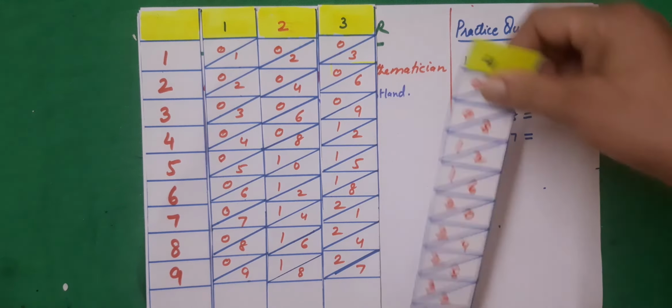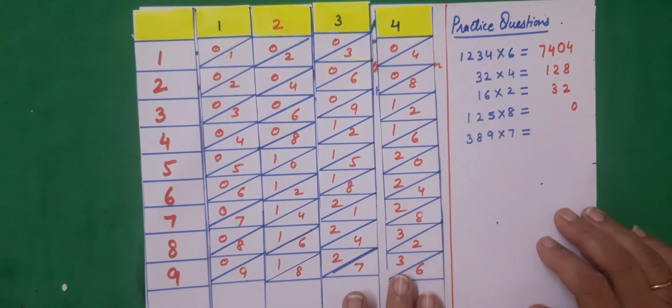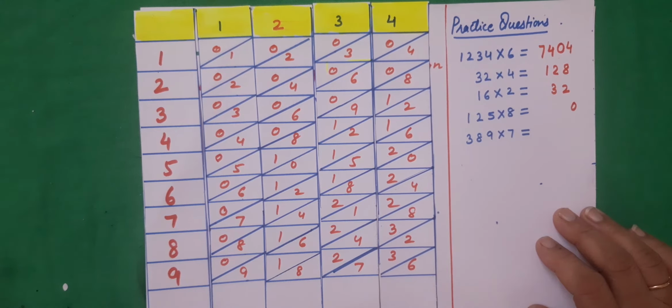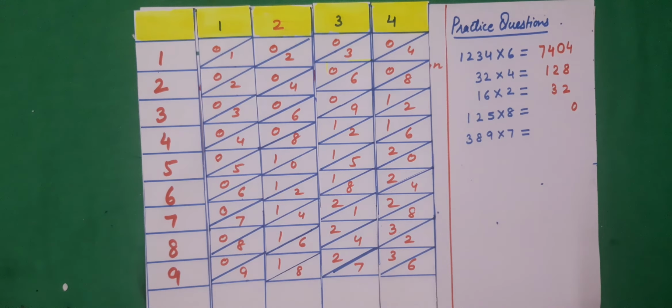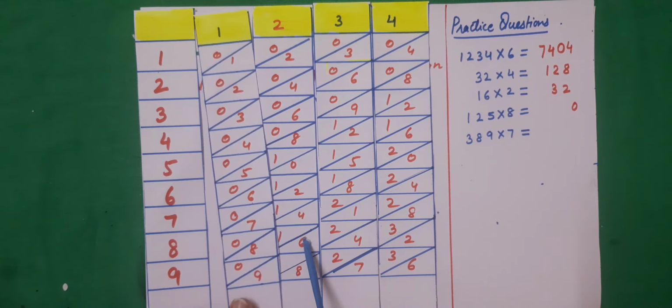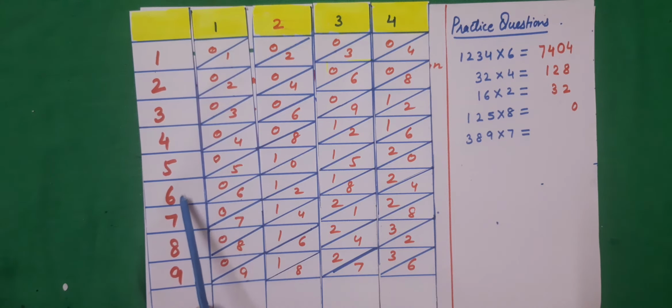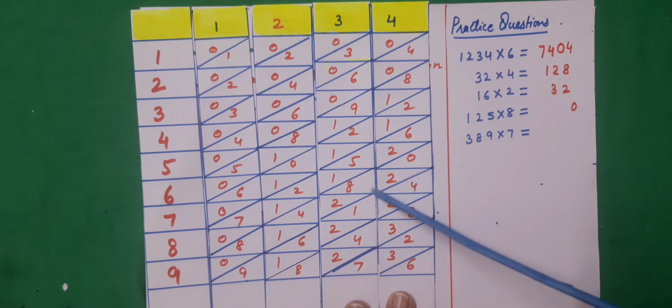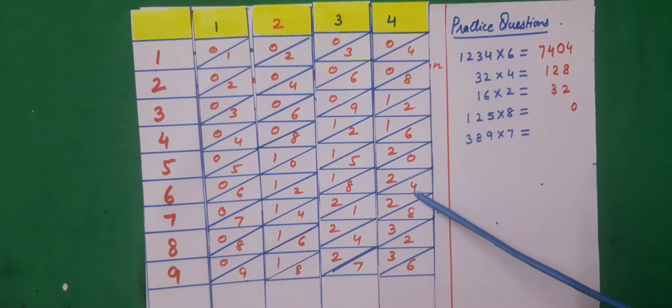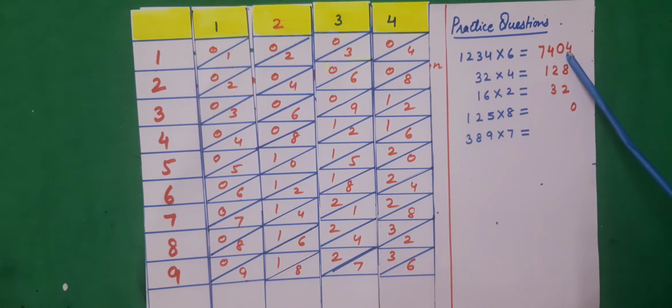And now you see I have to find out 1234 into 6. So what will we do? We will look into the row which is beside 6. So we will start writing the answer from backwards, from the right hand side. So units place is 4. What about this tens place? For tens place we are going to add these 2 digits,